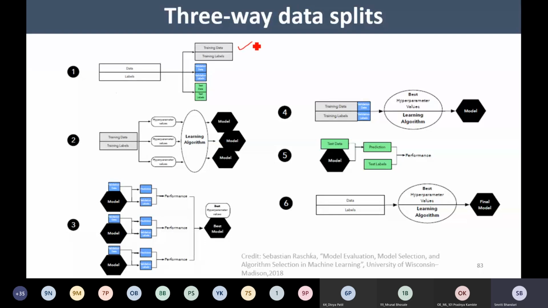I am having training data, I am having validation data, and I am having test data. Now, maybe the percentage of splitting might be 80, 10, 10. It might be 70, 15, 15, or even it might be 60, 20, 20. Right? So this is how we are going to partition our original data in 3 sets: training set, validation set,